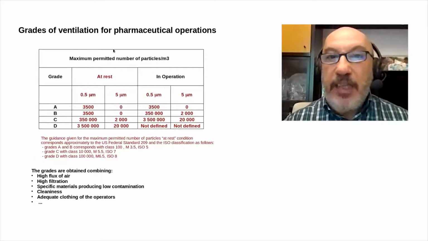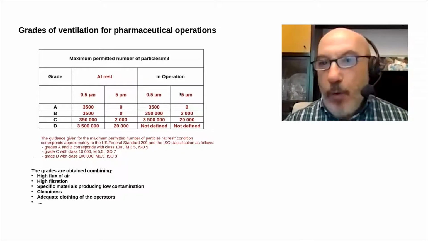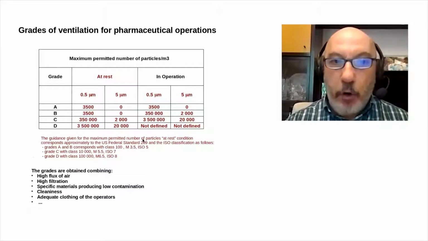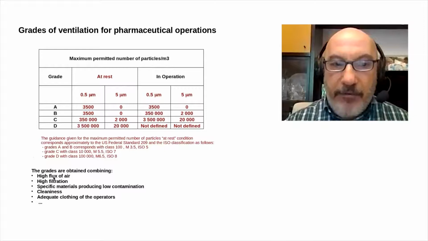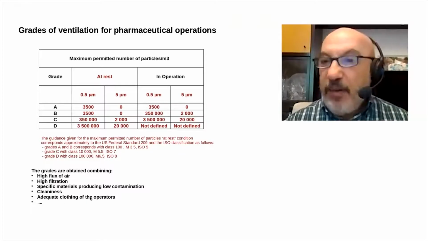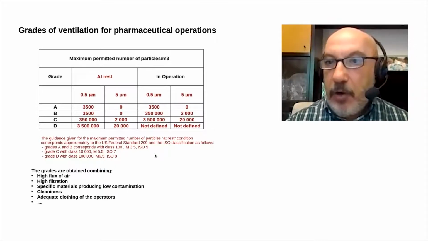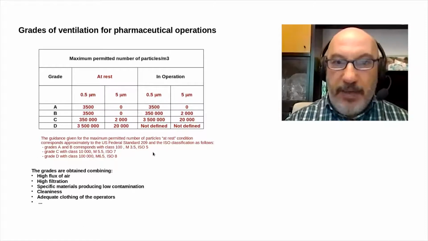The grades of ventilation for pharmaceutical operation, here summarized from Annex 1 of the EudraLex GMP regulation of Europe, are typically met by realizing high flux of air with high filtration and using specific materials, like the easily decontaminable and cleanable materials that we discussed in the previous